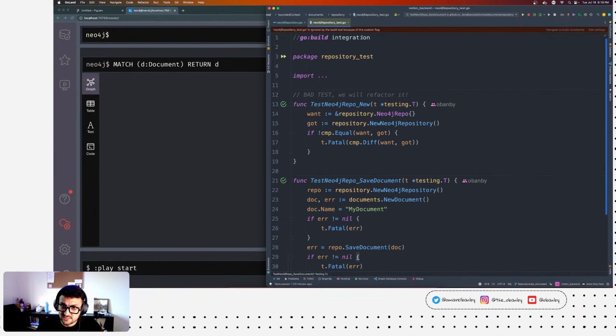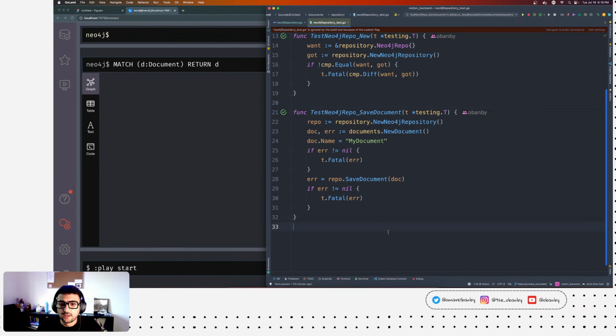Also, remember that this is an integration test, right? So you've got a couple of options here. One is that you can say repository dot get document by ID, and you give it the document ID that you saved. So for that case, it would be doc.id, right? Actually, we can do that.